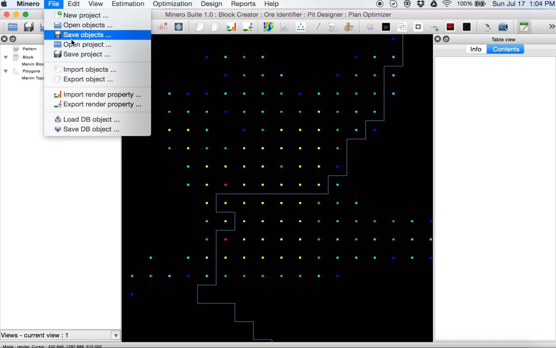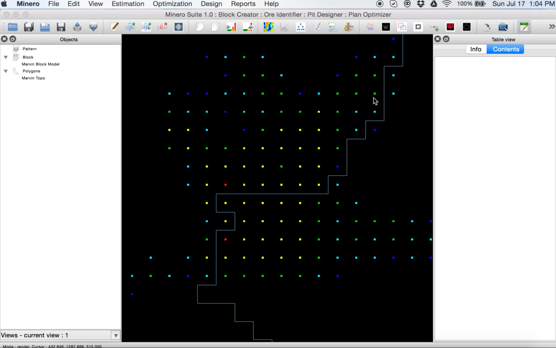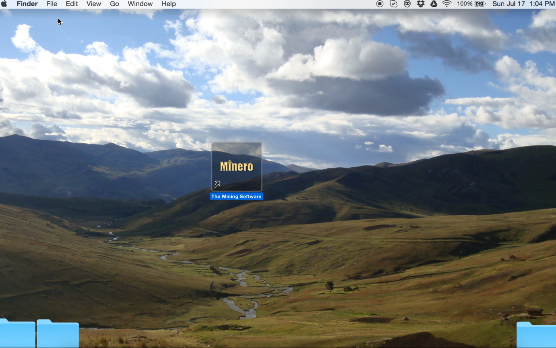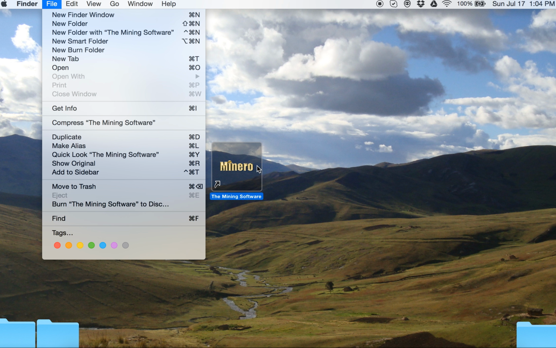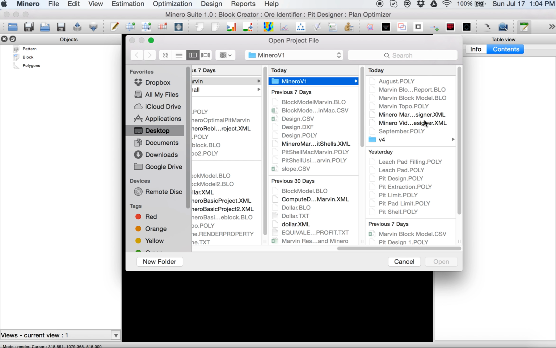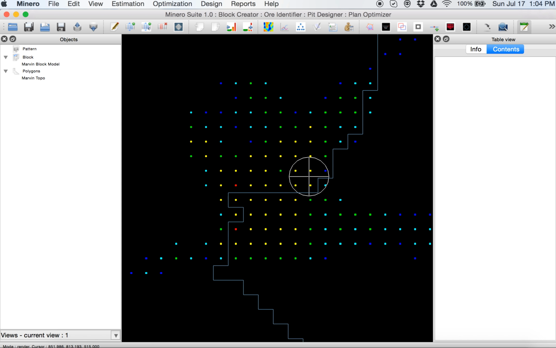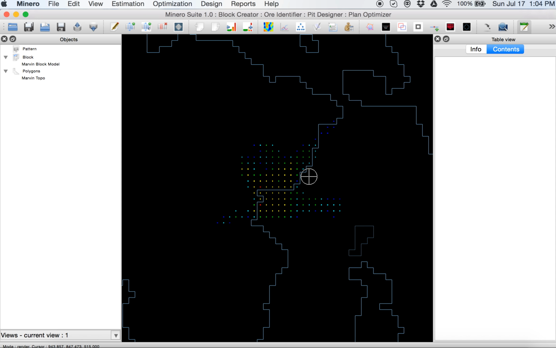Just for the purpose of this exercise, we're going to save the project. Call it Minero Video Marvin Smart Pit Designer. So next time we open the project, you have that information there.